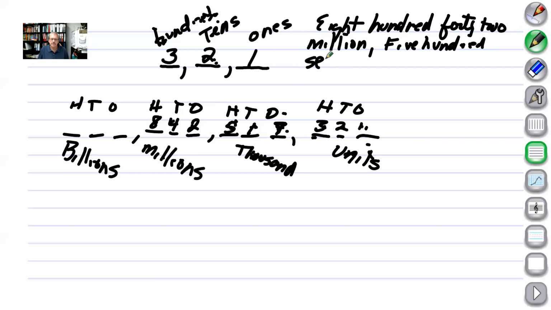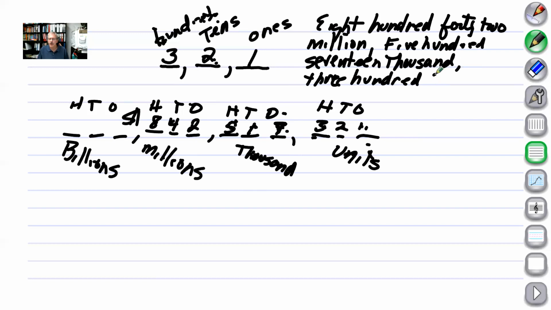$17 group, 1,000. Maybe you won a lottery and you have to read that big old check that you just got. Let's put a dollar sign in front of that. Let's make it a little bit more interesting now. 300, and then our last group, 321. And our unit name is dollars. So